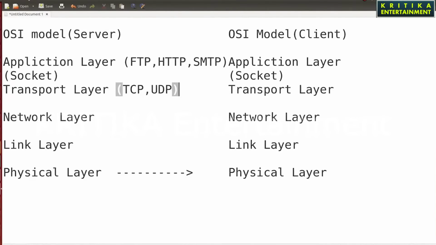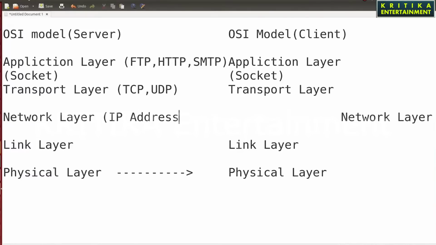Okay. The network layer means what? Here it contains the IP address. And the link layer means it checks the link. IP address, bind function, all these functions will be used in the link layer.